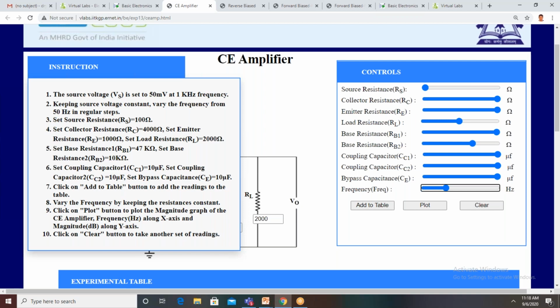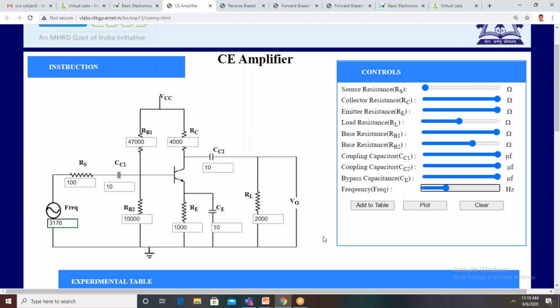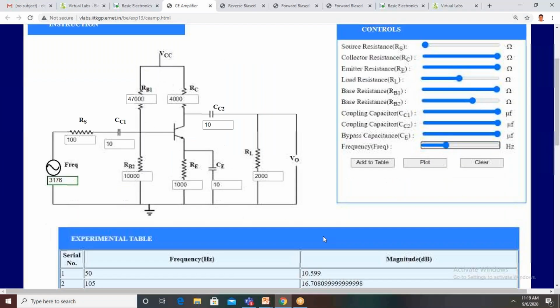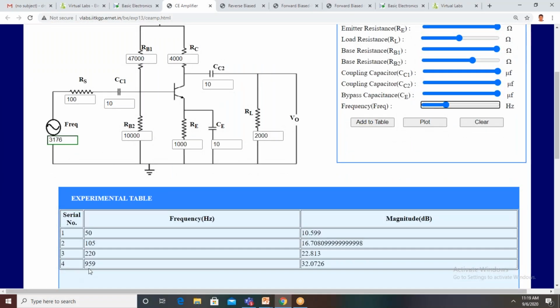Based on the transistor number, you will get some variations in the frequency, because from transistor to transistor the amplification factors are different, right, sir? Yes, we get different values. So at 959, it is